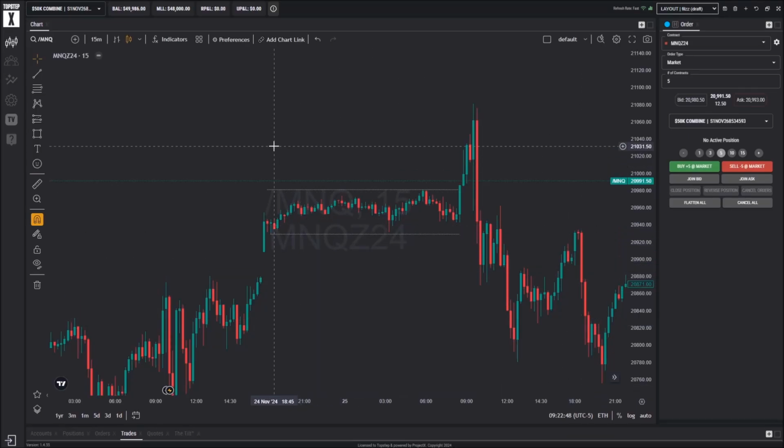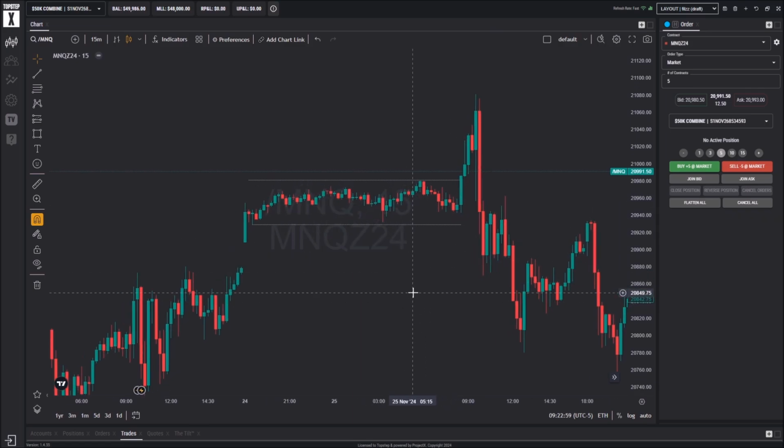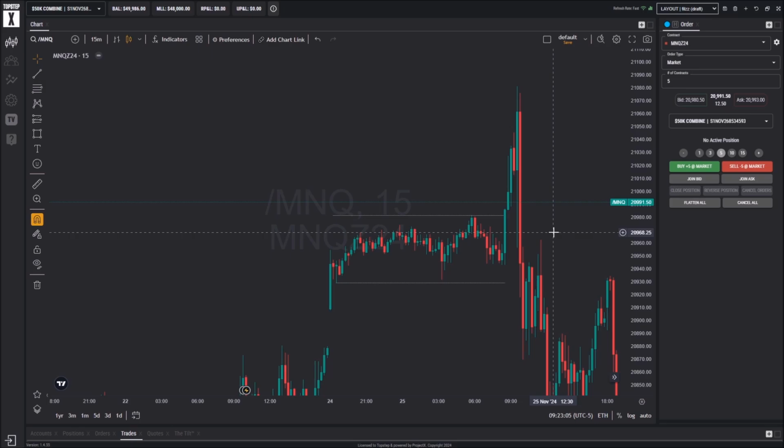We're going to be covering the AMD model today, so the accumulation, manipulation and distribution. People also call it the power of 3 or the Judas Swing. That's specifically when it occurs at 9:30. We're going to be covering what they all mean. There's a couple differences in them and why sometimes we'll call it the power of 3 instead of the Judas